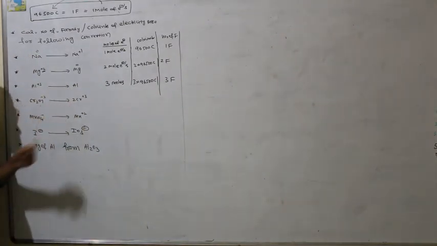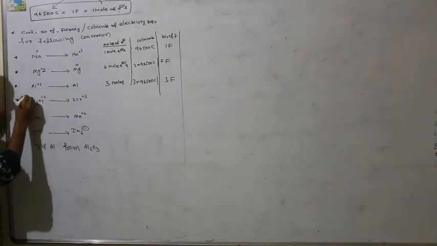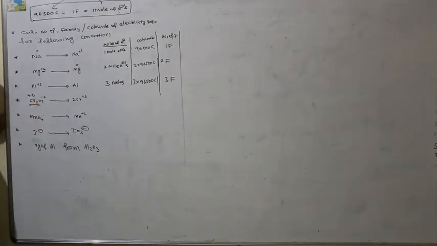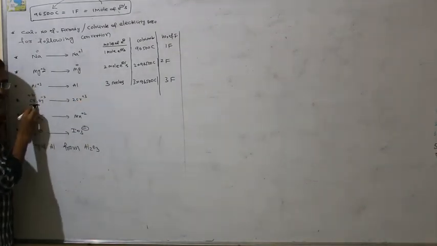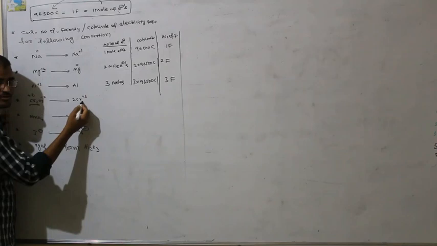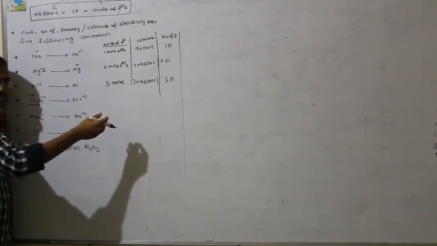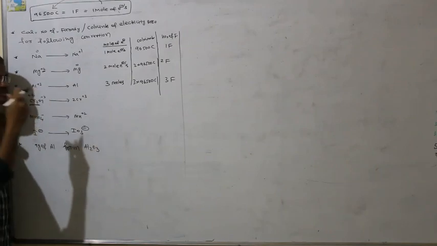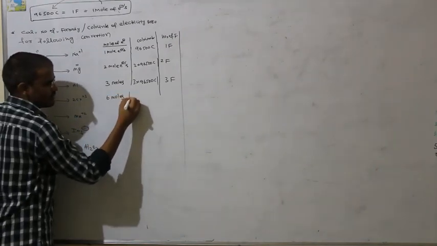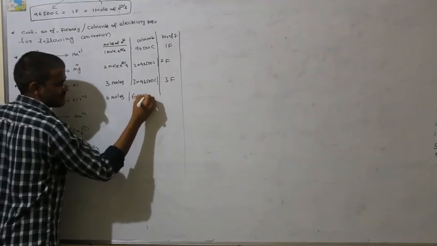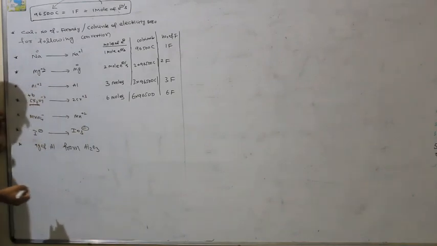Next one, you have to find the change in oxidation state. Here chromium oxidation state is plus 6, converted to plus 3. Here 2 moles are there. 2 moles of chromium become 2 moles of chromium plus 3, meaning each plus 6 becomes plus 3. So 2 into 6 becomes 2 into 3, which means 6 units participated. So 6 moles. Required coulombs: 6 into 96500, or else 6 Faradays.